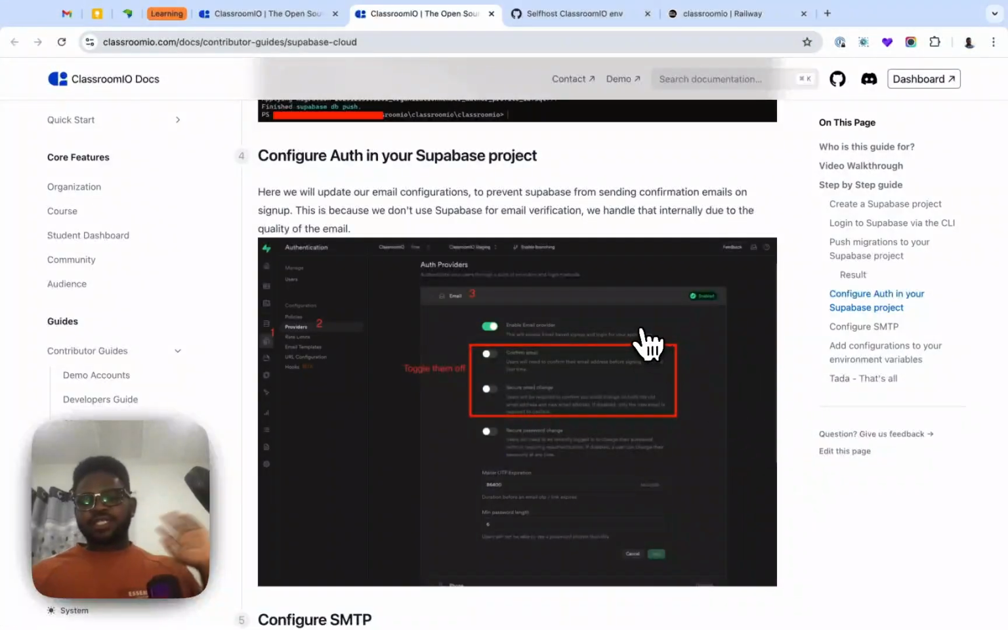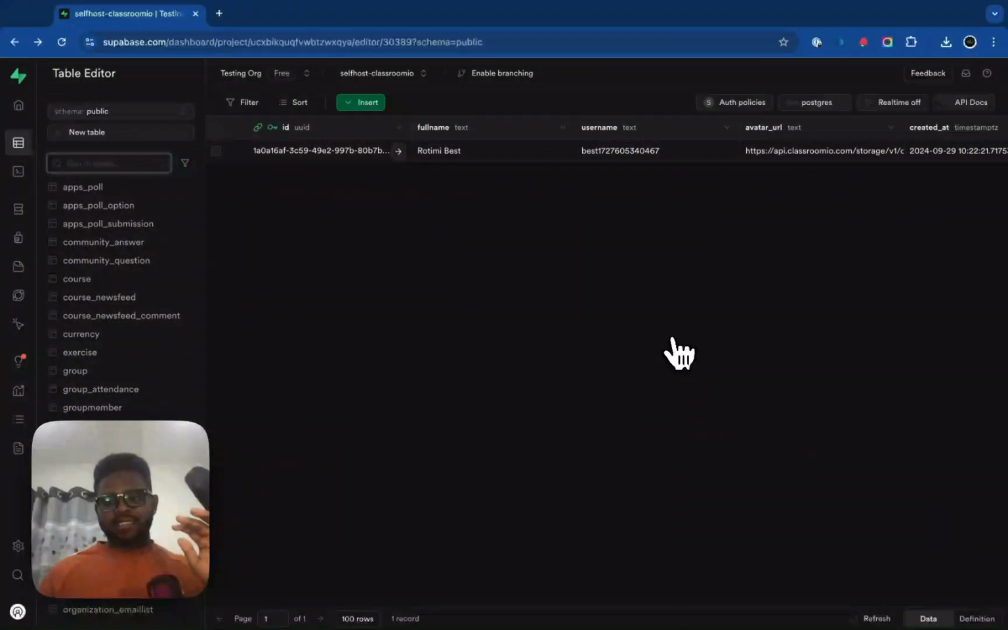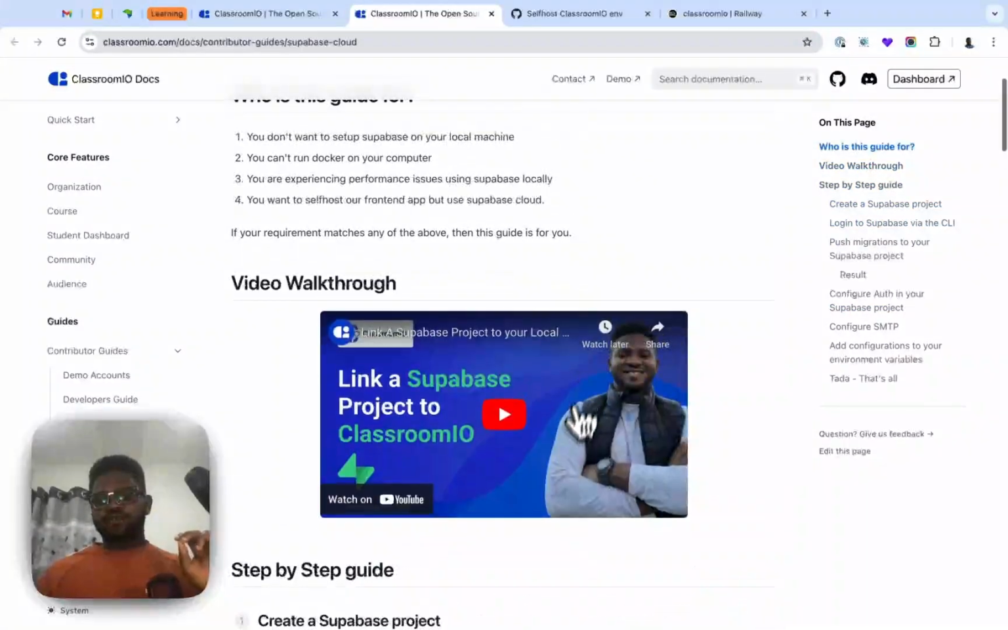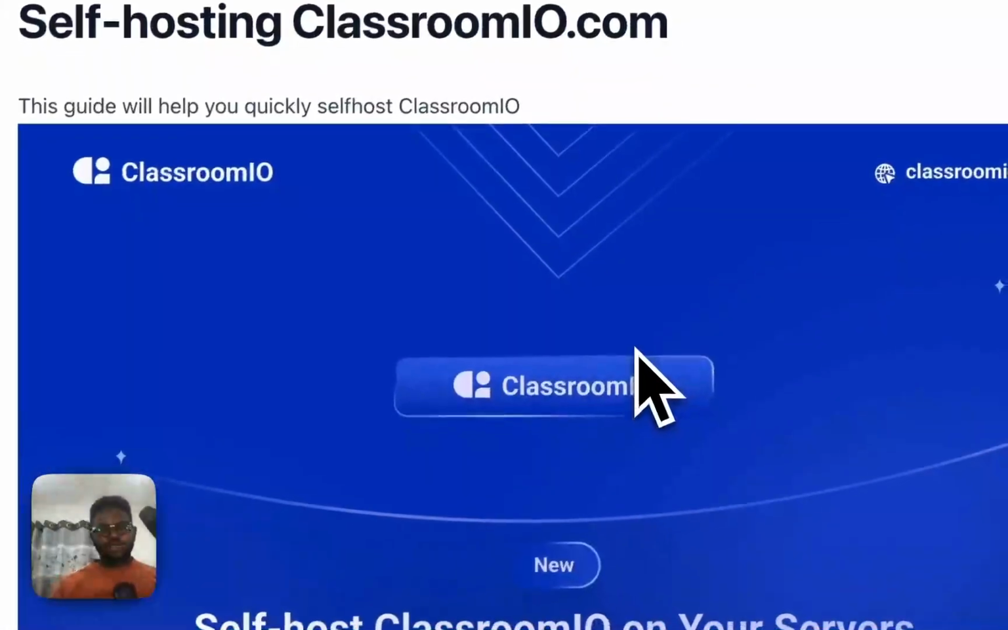So you can set up authentication, and I've gone ahead and done that, but I'm not going to be doing that in this video. There is already a cool documentation, even with a video, that you could follow to help you get that set up. Okay, good. Now that we have Supabase out of the way,